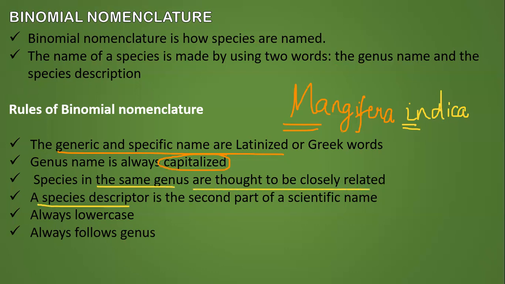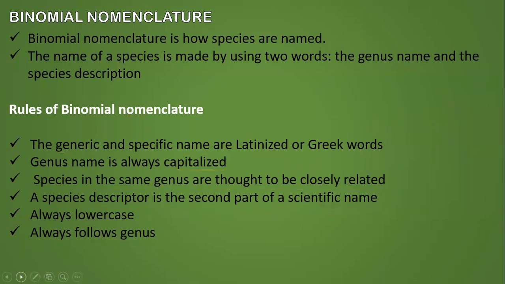A species epithet is the second part of the scientific name. You always start it with a lowercase letter and it always follows the genus. In case of a scientist or biologist who discovered it, then you have to write Linn. after that. You have to use Linn. over there. Clear? So these are the only things concerned with binomial nomenclature which you have to study.